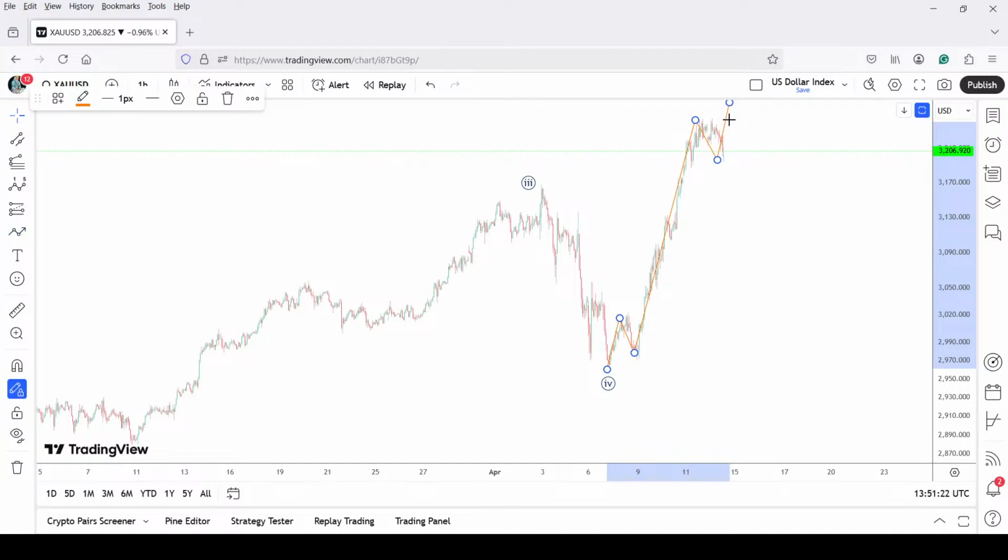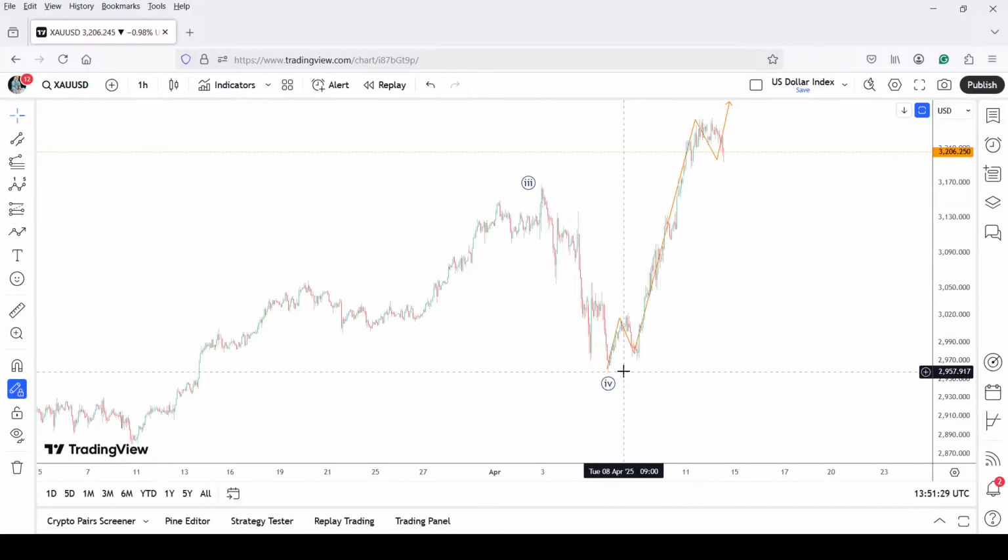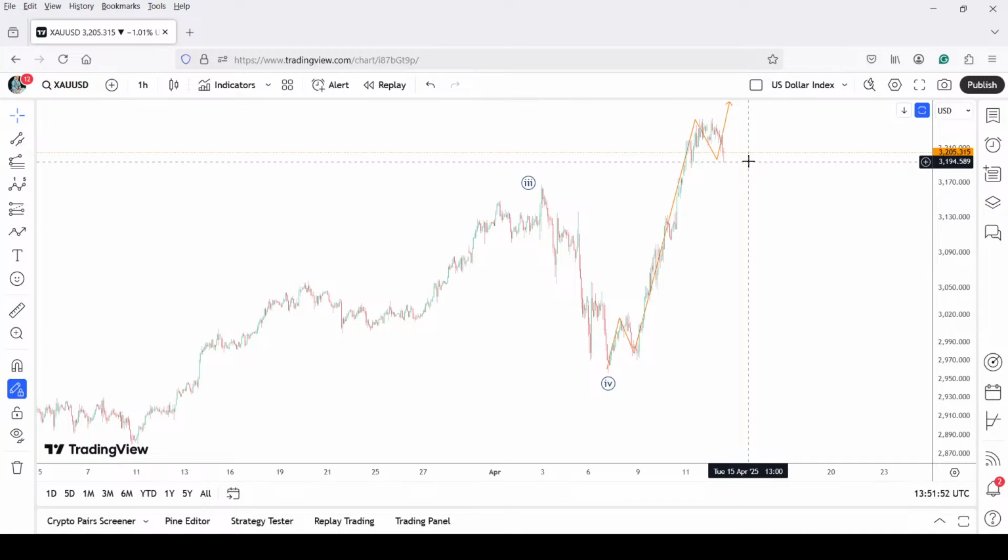So if you look at the magnitude of the fifth wave, in case the third wave is extended, in this case it is, then let's try and project the target, please. 2957, 3027. So almost 70 points. And if we add 70 to today's low at 3160.94, it is going to be around 3164,